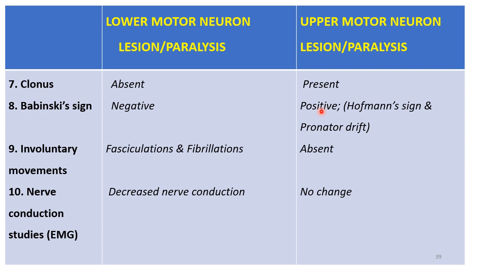Plantar is extensor plantar here, and we also see that Gordon sign and all those signs are also positive. Hoffman sign is positive. There is another very important sign, pronator drift. Pronator drift, what is it? So what you do is you ask the patient to stretch his arms fully in front of him